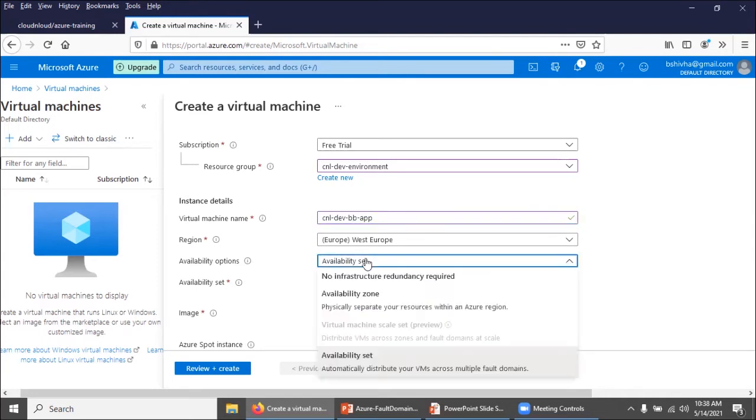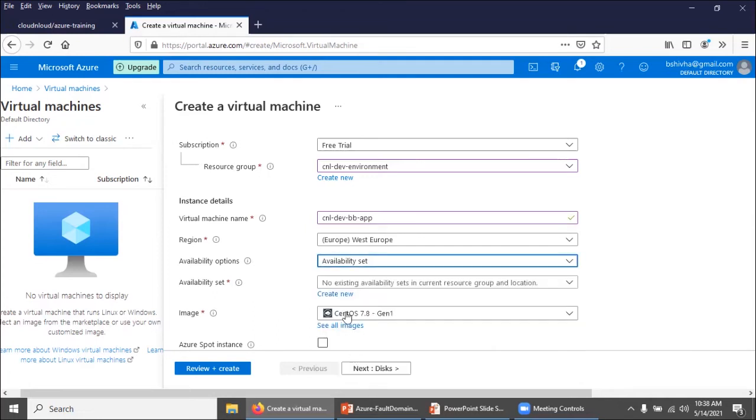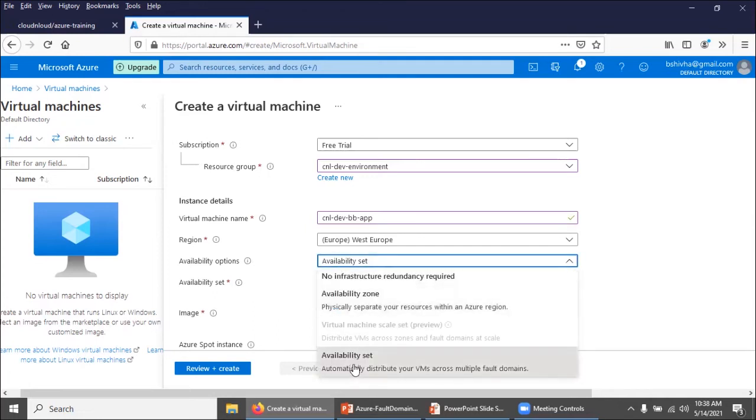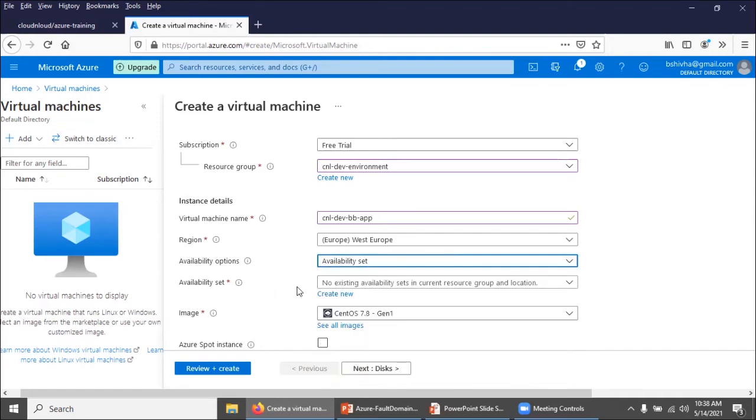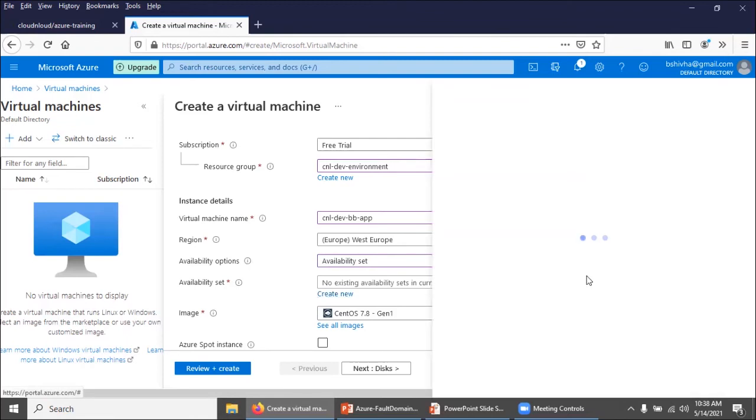If you select the availability option, there is an availability set, correct? Go for availability set. Since we don't have any availability set now, I'm creating it.